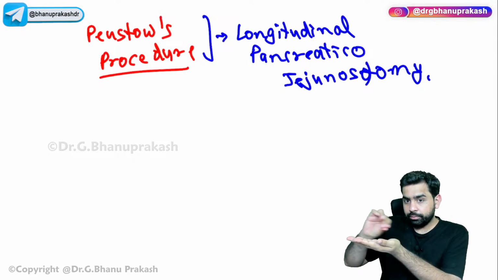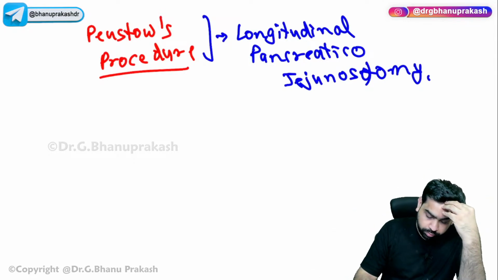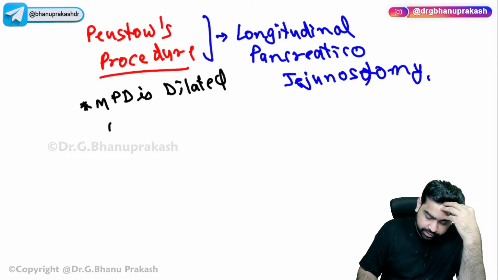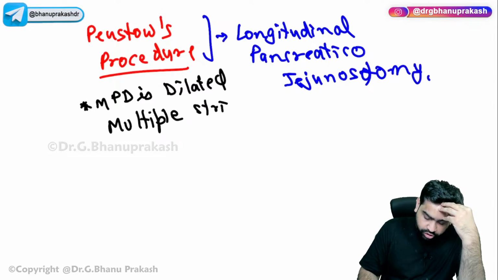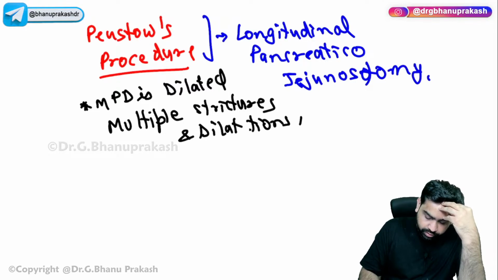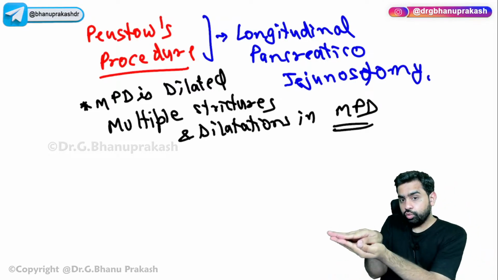When do you perform this Puestow's procedure? If the main pancreatic duct is dilated and there are multiple strictures and dilatations in the main pancreatic duct. So what you basically do is you open the pancreatic